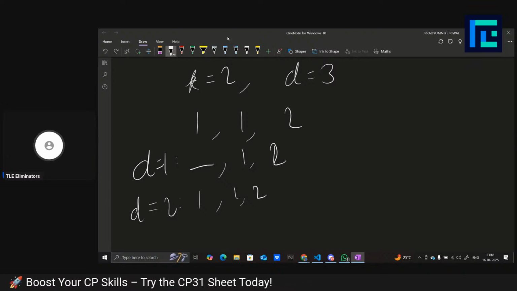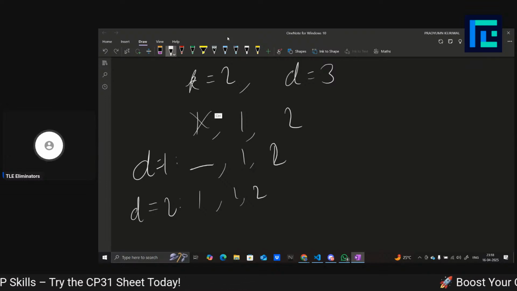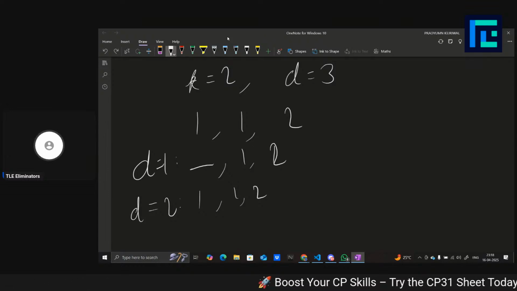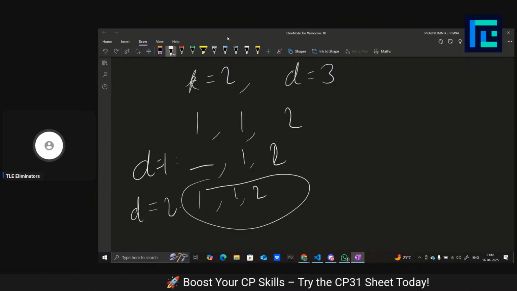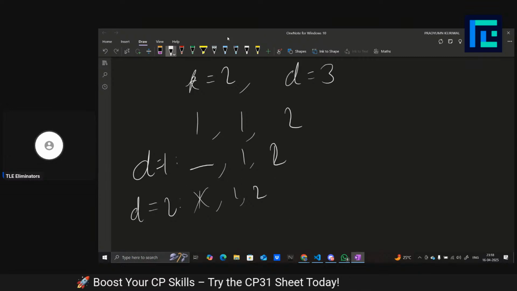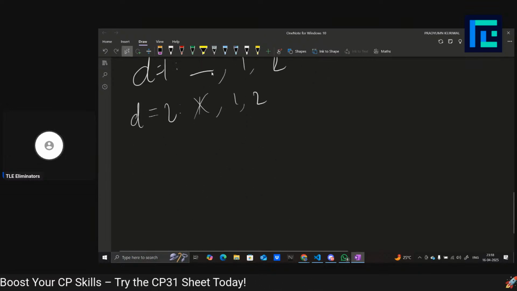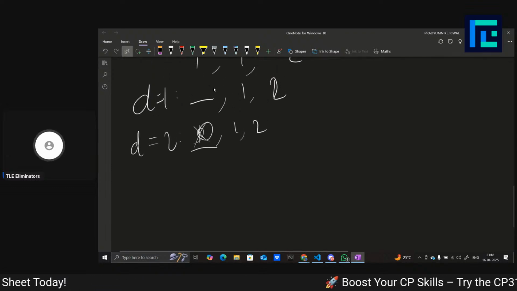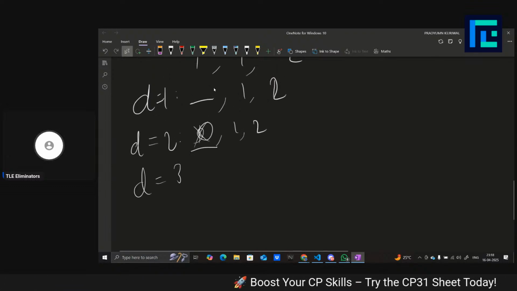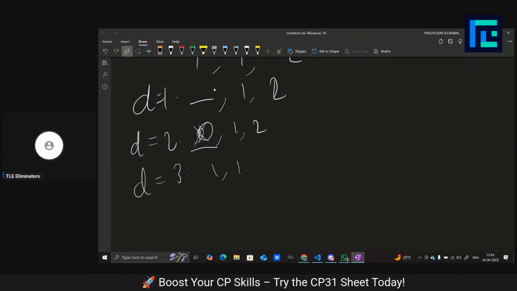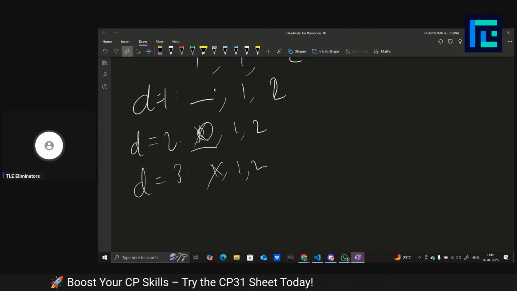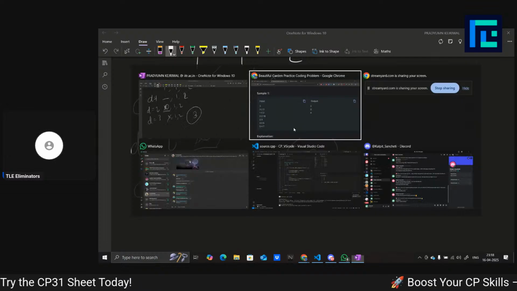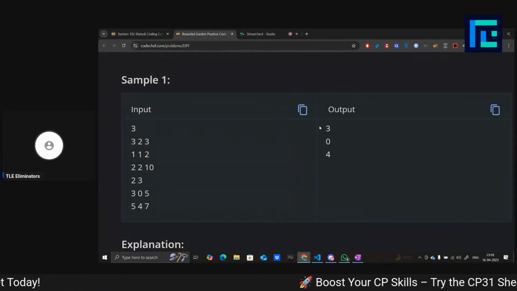So at d1, we'll pluck this flower, so it will be gone. But on the second day it will reappear, so we have 112 again. So again we will pluck this flower, and it will be gone. So here a dash will come, so we have plucked two flowers, and now at d equal to 3 it will come again. So we have 112, and we can delete this again. So in total we have deleted 3 flowers. So the answer to this is 3,